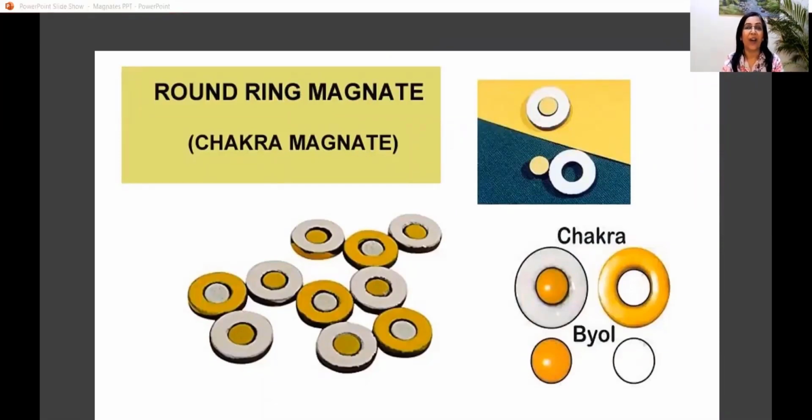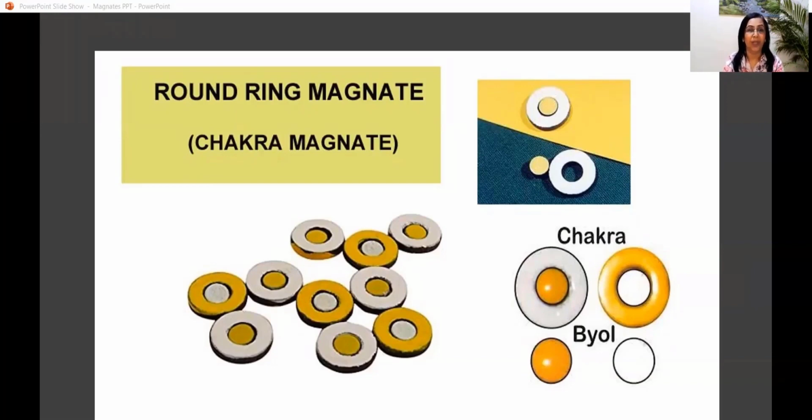Chakra magnets are widely used for stimulation of correspondence areas and energy flow therapy. The use of these magnets considerably enhances the effect of interaction between a correspondence point and the magnetic field. It is used to release stress and tension in specific areas of the body. This type of magnet is used for tonification and sedation, that is, increasing or decreasing the energy level in the required